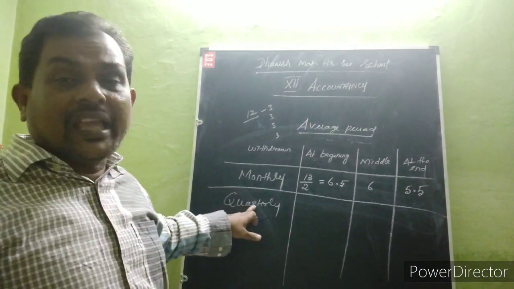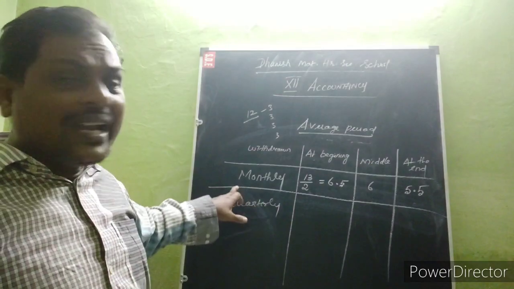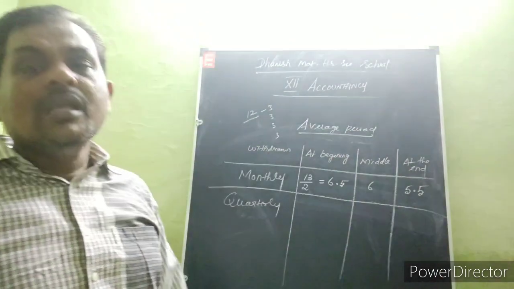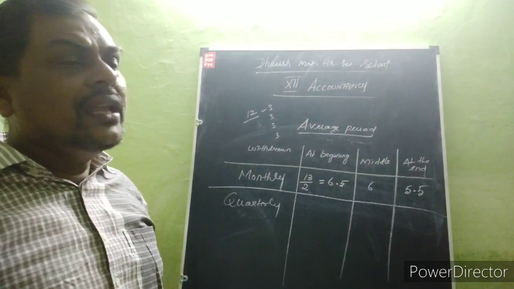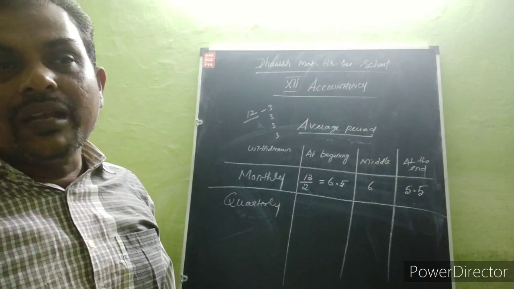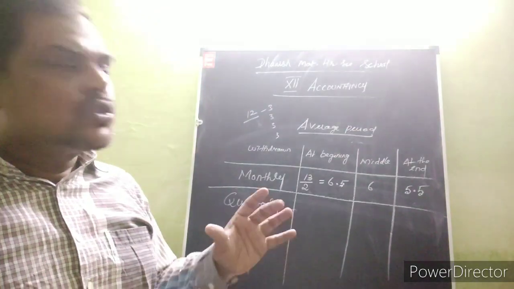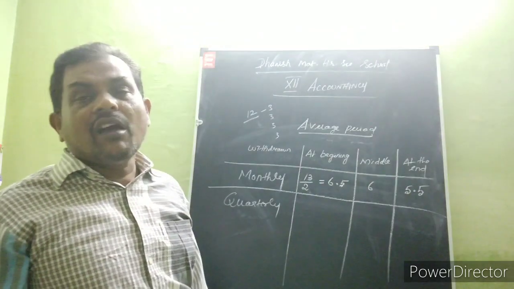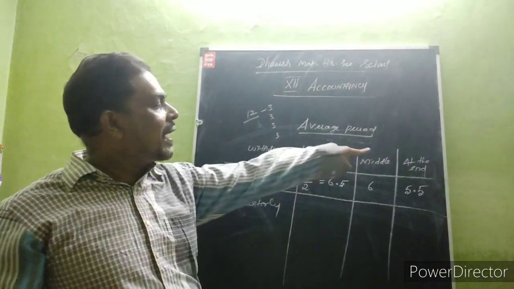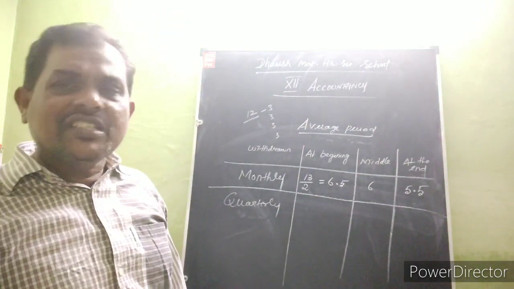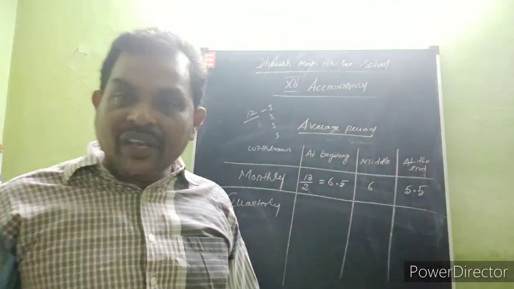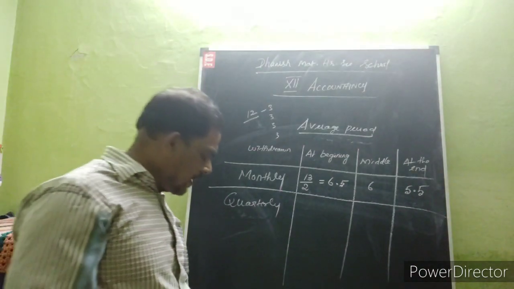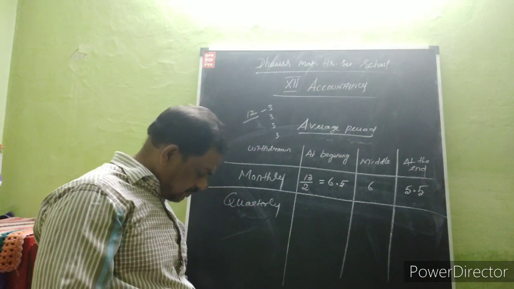So some people take quarterly. That quarterly also may be beginning, middle or end. Some people will take the beginning of every quarter, meaning the 3 months are starting. Some people will take the middle of every quarter. Some people will take the end of every quarter. So in the question itself they have clearly mentioned beginning of every quarter, middle of every quarter and end of every quarter. So listen very carefully.